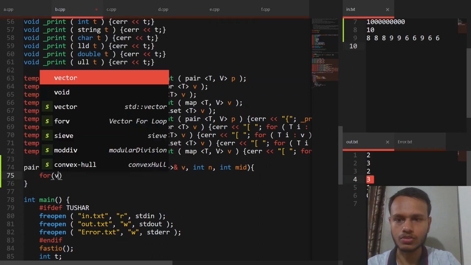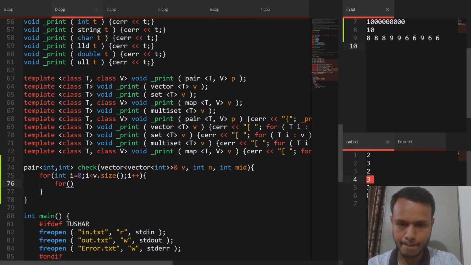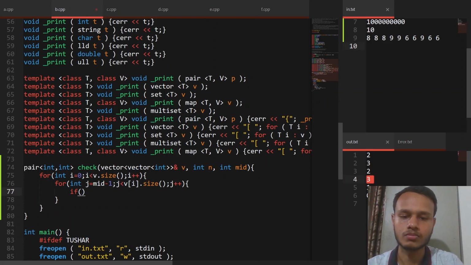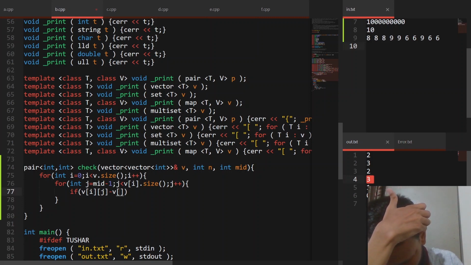Now here, for vector of int, or int i equals, for int j equals mid, j less than v of i dot size, j plus plus, mid minus answer, or if v of i j minus v of